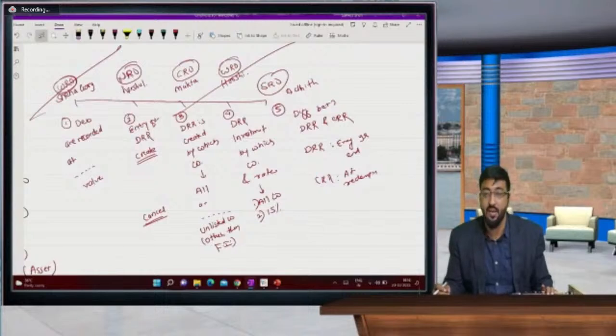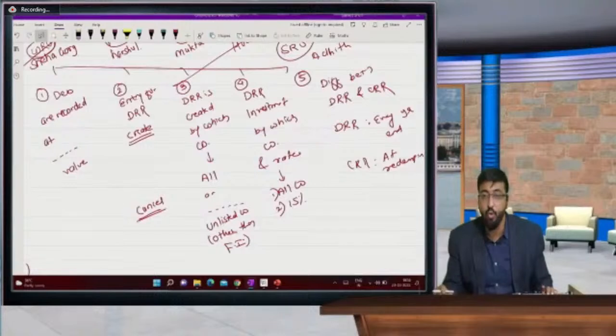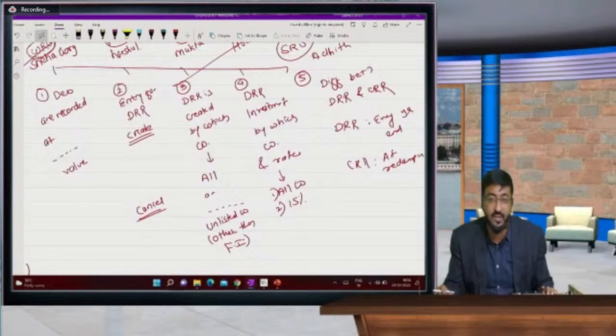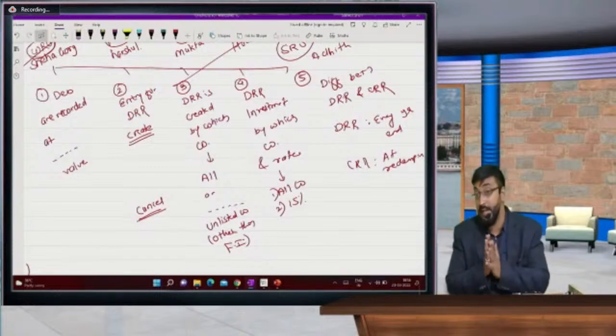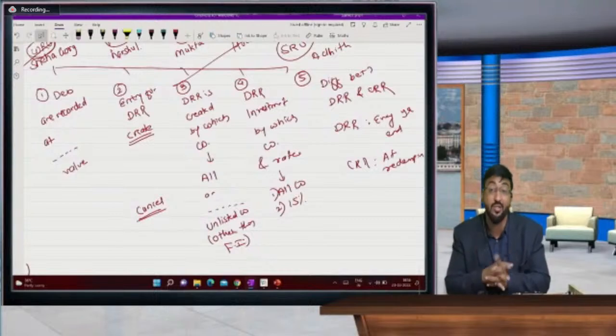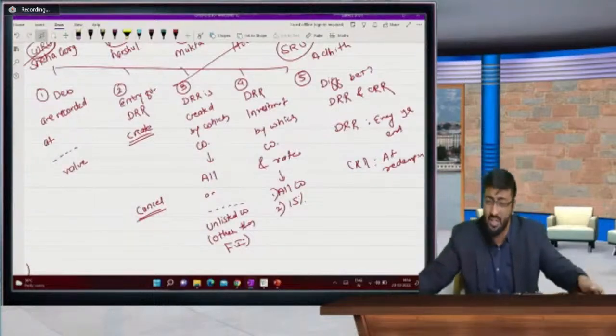Yes, now it's time for your questions. If you do not have any question, we will take a small break of 5 minutes and then we have to come for action part, that is illustration 1 से हम लोग शुरू करेंगे and we will solve minimum 2 illustrations and then we are going to start concept of 4 features. So beta, please, every one of you now understood what is DRR, CRR, DRR investment, what is the basic difference when it is created, when it is not created. DRR investment is what is the percentage of investment and what is the percentage of DRR. So basically this session, DRR account, those students are finding is difficult.